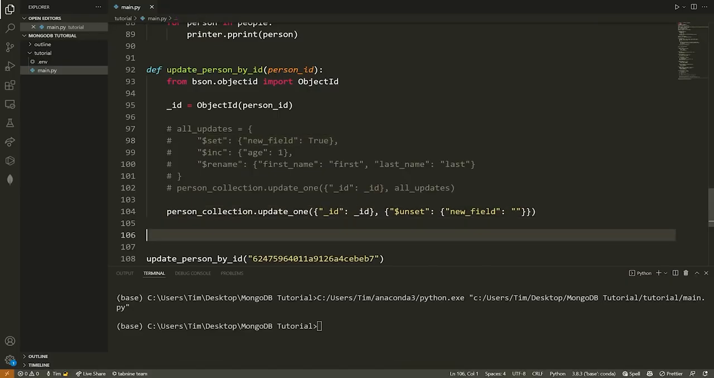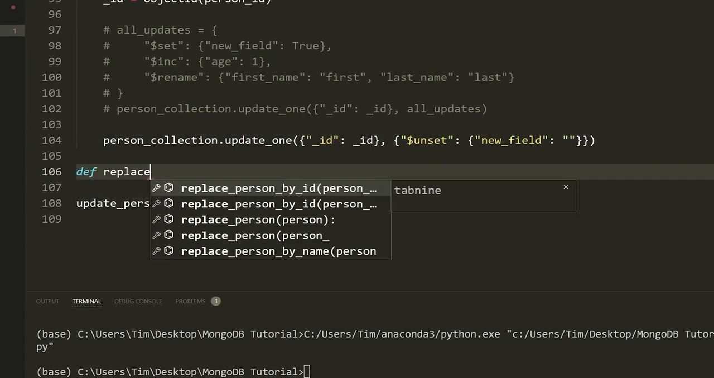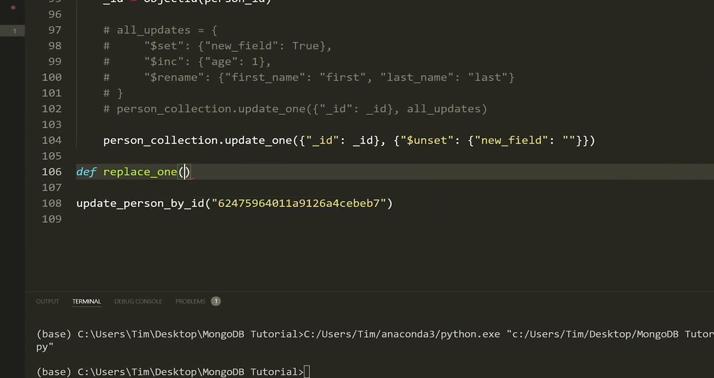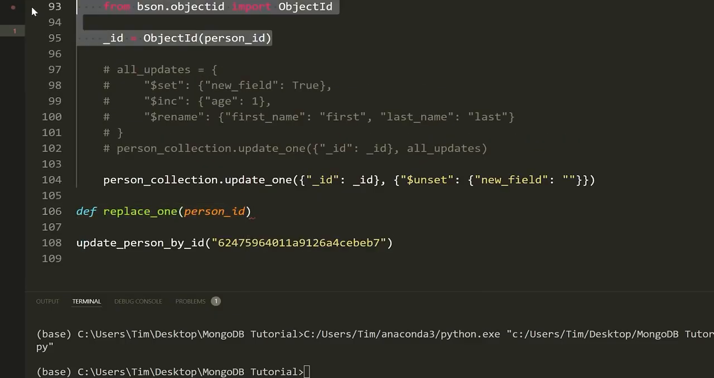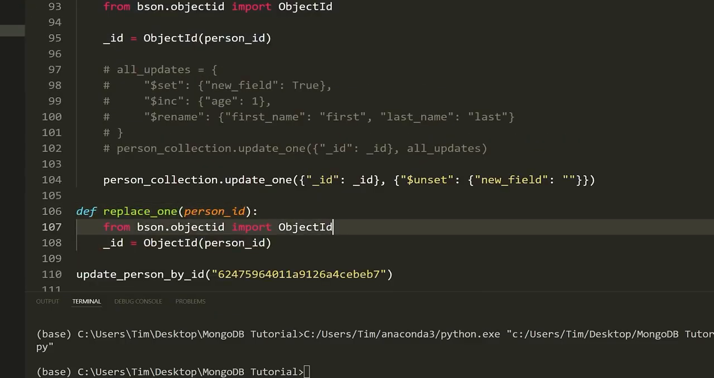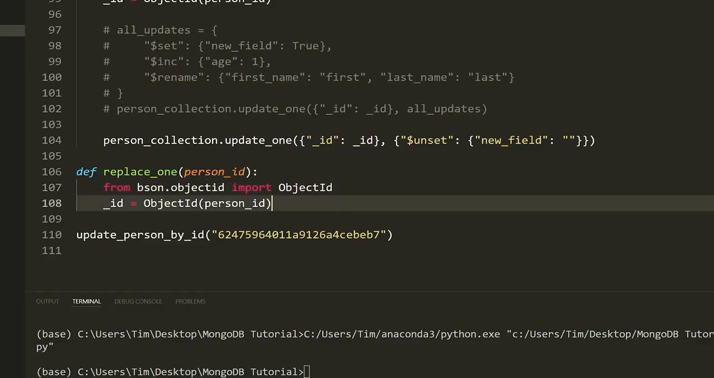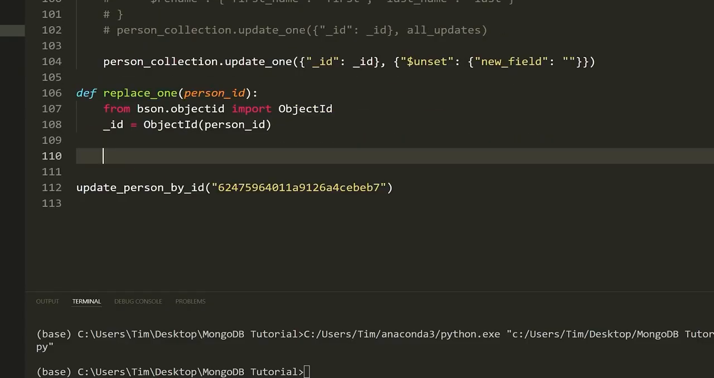Next, what we will have a look at is replacing a document. So we're going to define replace_1. Again, we need that person ID, so let's take that in. We can copy our bson stuff from up here. All right. And now we want a document that we're going to replace a document with. You would do this if someone was updating, say, all of their contact information, or pretty much everything, but they want to keep the same ID, because if you insert a new document,